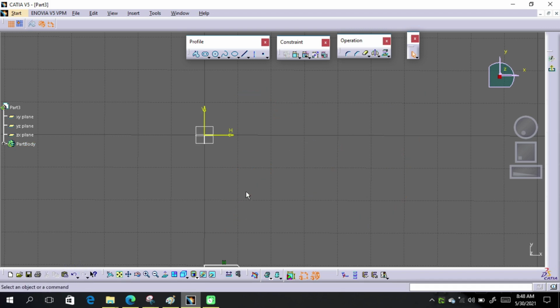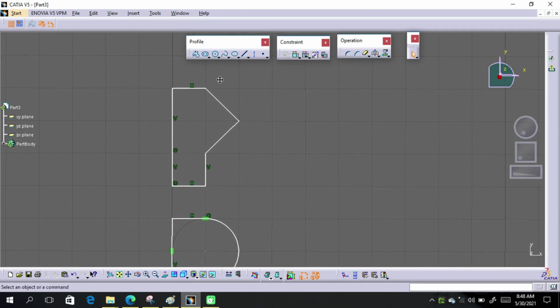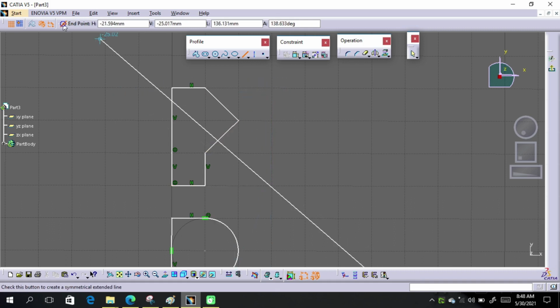Let's try to create some example drawings. So pick line tool. I am picking this line tool with one click, so I am able to create only one line. Okay, just click on this bisymmetry option.